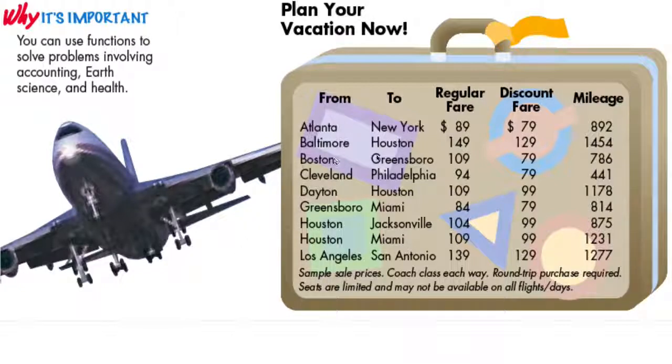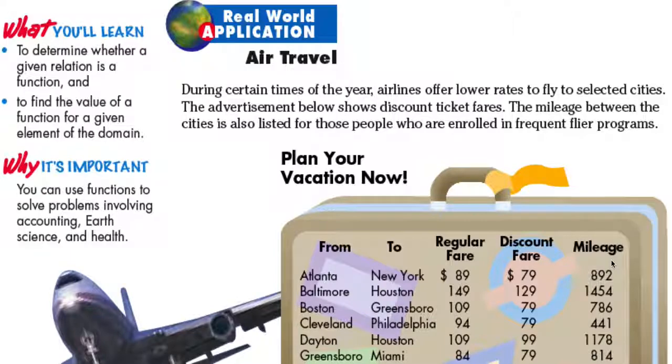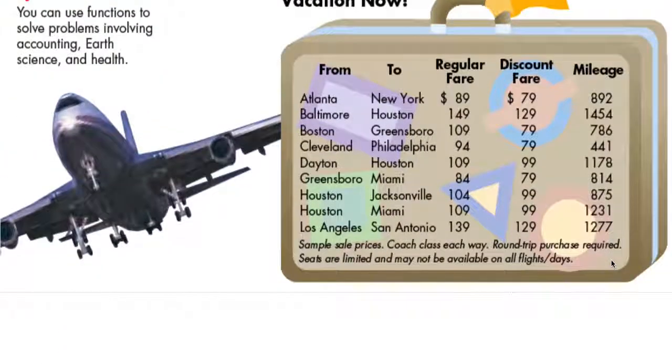Baltimore to Houston is $149. The discount fare is $129. 1,454 is the mileage. And so on and so forth. Los Angeles to San Antonio, at the very bottom: regular fare $139, discounted fare $129, and 1,277 is the mileage. So what we want to find out